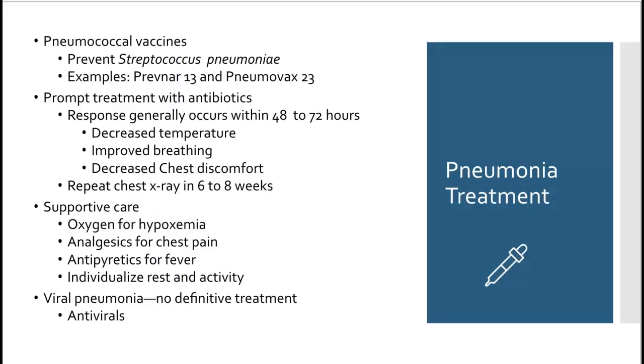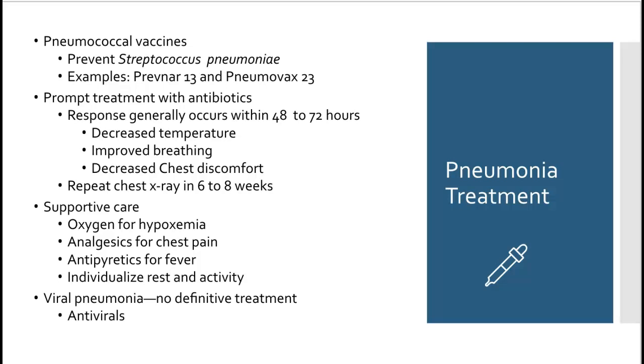So again, prior to somebody actually having pneumonia, we would want them to get the pneumococcal vaccines to help prevent that. Once we've diagnosed pneumonia, then we're going to anticipate antibiotics. So we're going to see a response pretty quickly within 48 to 72 hours. Hopefully we're going to see that decreased temperature, improved breathing, decreased chest discomfort. They may do repeat chest x-rays in 6 to 8 weeks if somebody is having this treated as an outpatient. In the hospital, we generally have them on IV antibiotics right away,